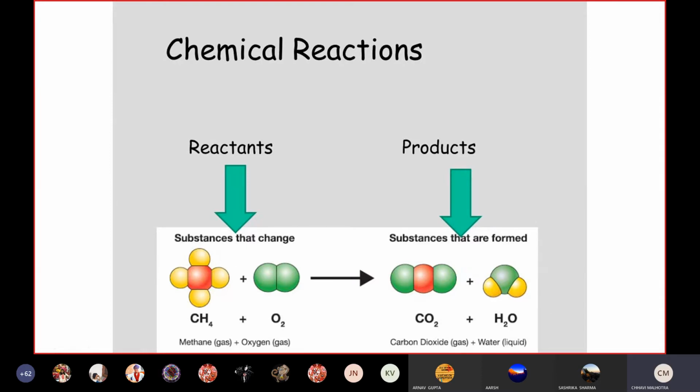No atom is lost. If you see here, we had 4 hydrogens, and here we are having only 2 hydrogens. So you might think that 2 hydrogens have been lost. There were 2 oxygen atoms here, but in the products we are having 3 oxygen atoms. So how do we know where the other 2 hydrogen atoms are, or from where is this oxygen atom coming? For this we have to balance a chemical equation.